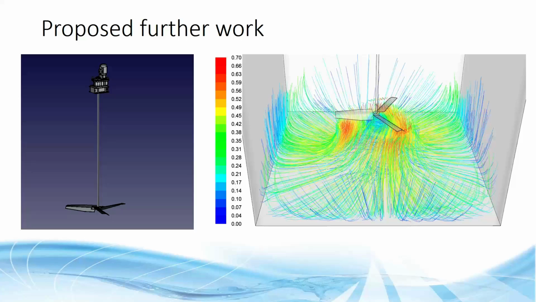It could be fixed at the top on the surface, lowered down into the chamber about mid-height. This large blade propeller wouldn't spin fast enough to destroy the flock, to break up the flock, but has a wide range effect within the chamber itself and could provide higher velocities. I do need to mention that this is from a different chamber. This is for a flocculator itself, a different project, but it's just indicative of how it can be used to improve